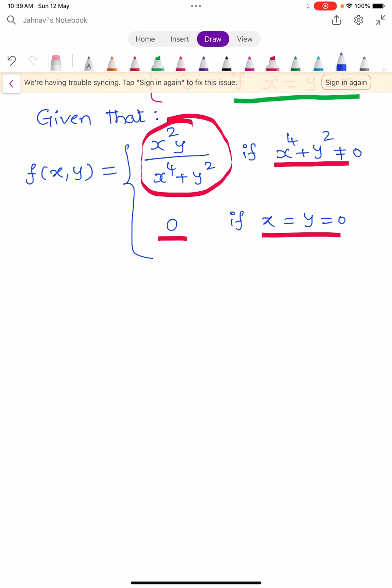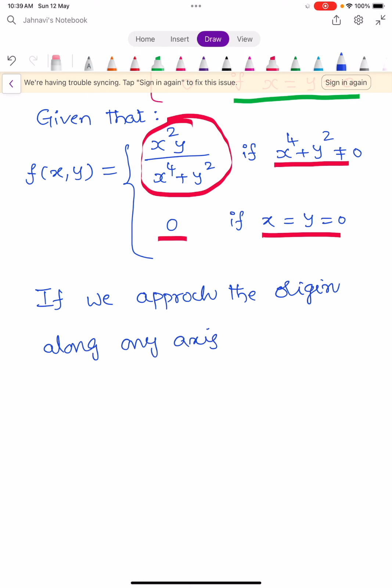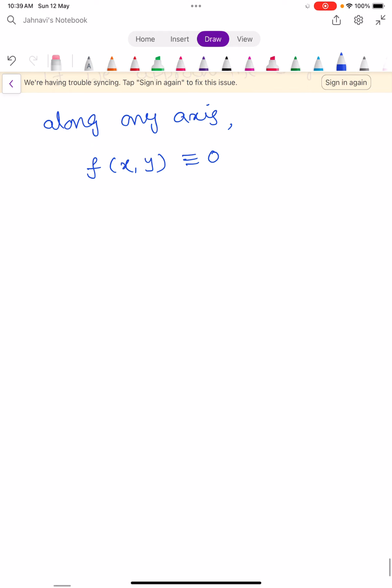If we approach the origin (0, 0) along any axis, then f(x, y) is clearly equal to 0. If we approach the origin along any axis, the function becomes 0. So right now, if we approach the origin